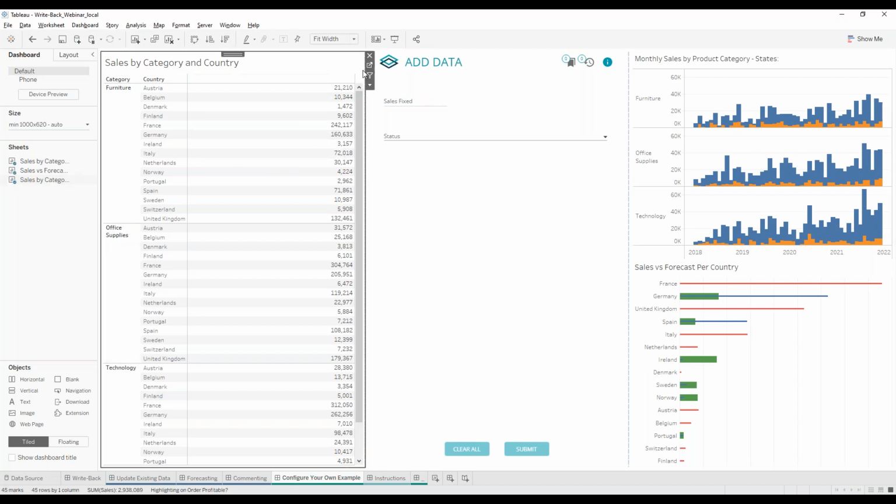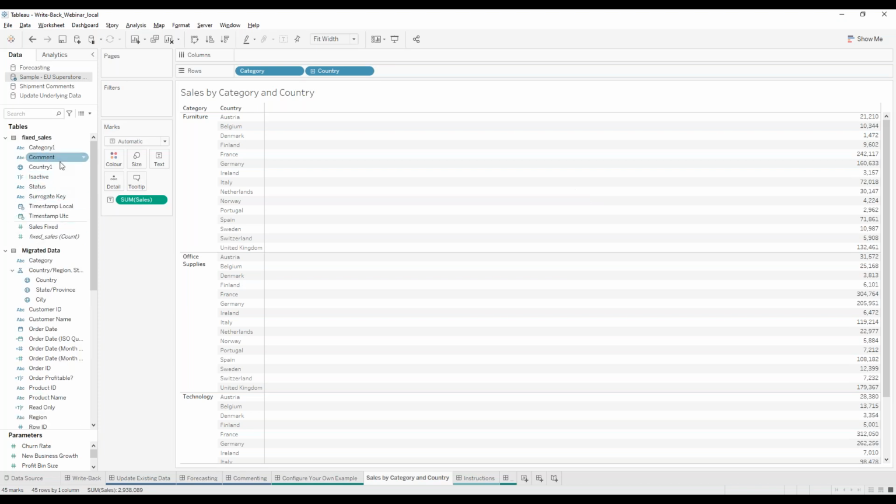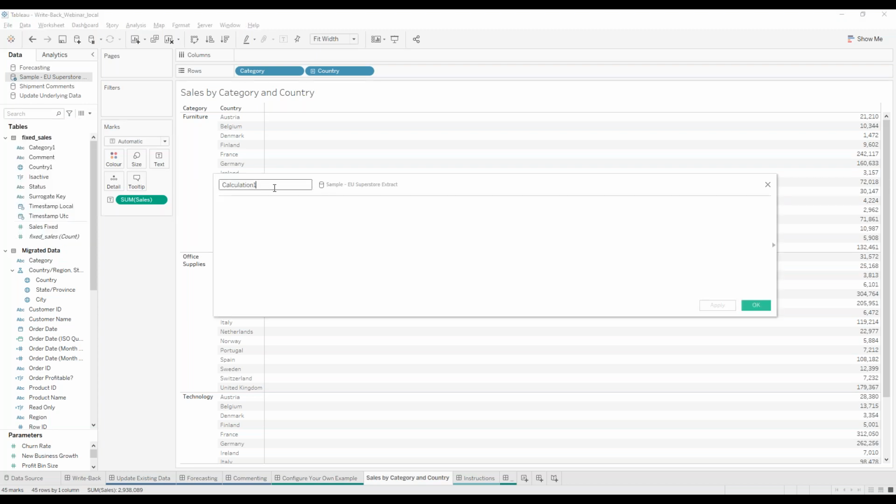Right. Moving on to setting up the configuration as we want it. I can see here that I have access now to my fixed sales table. And what I actually want to do is to create a calculated field that I will call sales updated, for example, which are the fixed ones, right? Like so. And what I actually want to do in here is to show either the original data value for